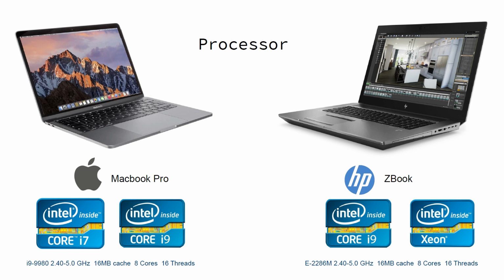If you are using both 9th generation i7 and i9, there is a very slight performance improvement you will see, but there will be more power consumption and also more heat. But if you're talking about the Zbook, definitely you have the option to go with Xeon, and I would recommend going with Xeon, because with Xeon you can utilize the ECC RAM, and that we will discuss in our next